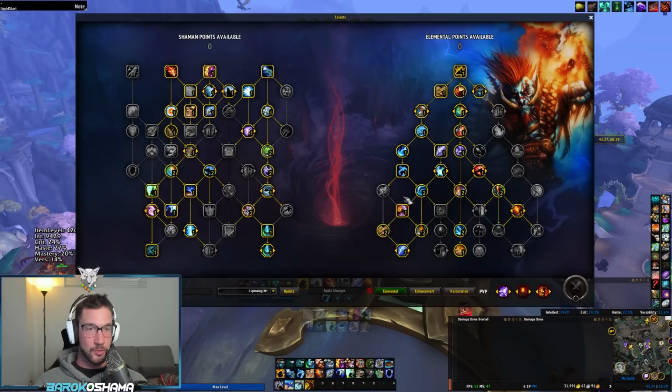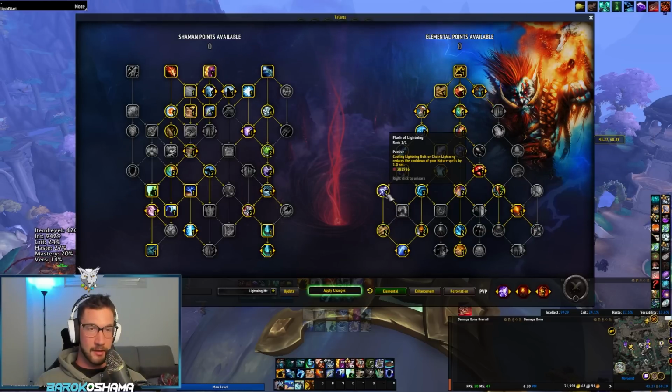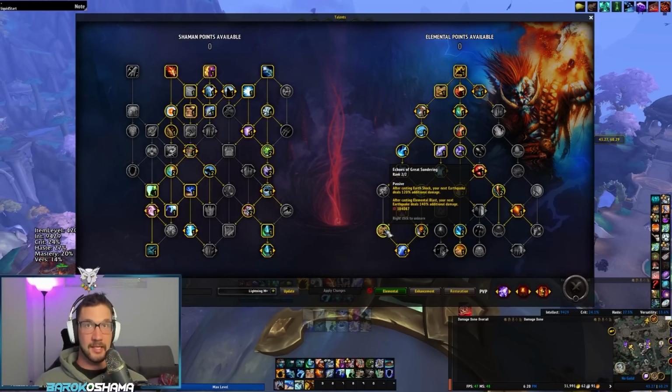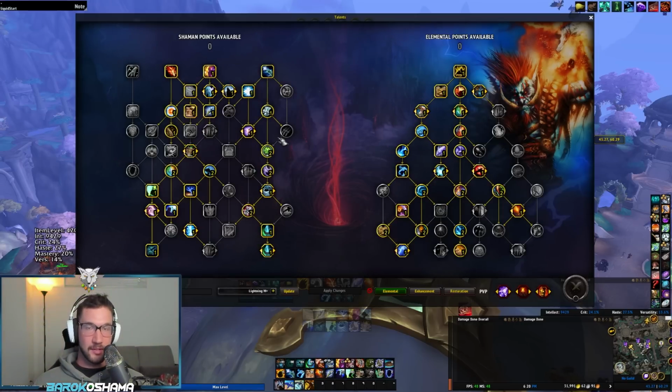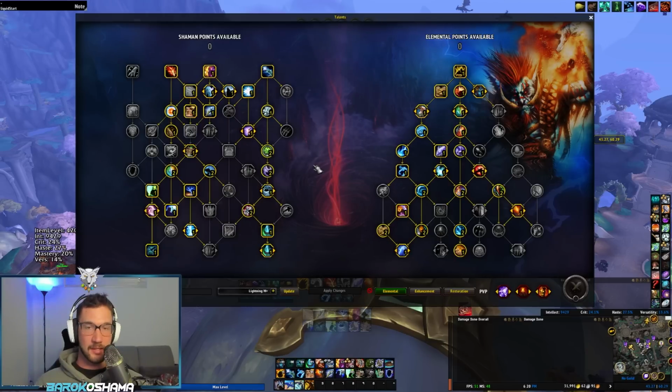You can choose, instead of going with Elemental Blast, if you don't like that, to pick up Flash of Lightning instead, if you tend to not like the whole playstyle of Elemental Blast plus the cast time of it. But key Shaman points you want to pick up on the class tree: Nature's Swiftness kind of makes Elemental Blast a lot easier to play with, so I'd definitely be picking that up,